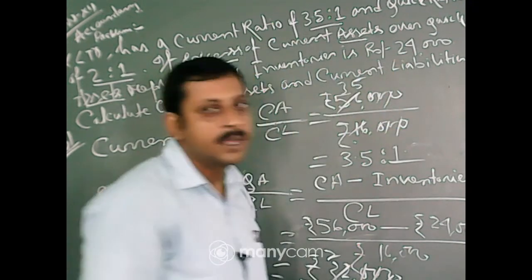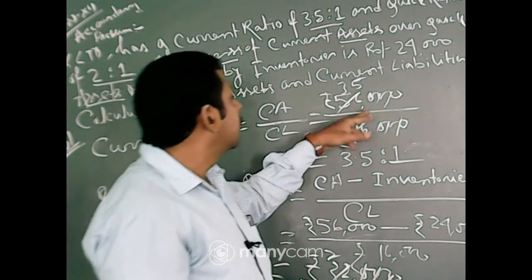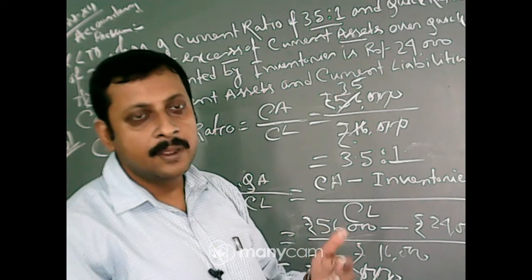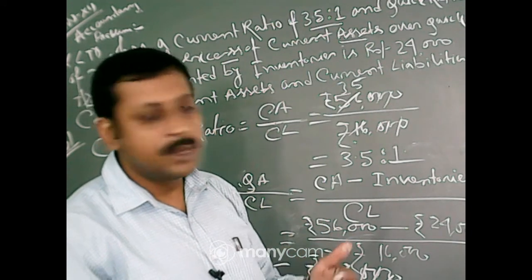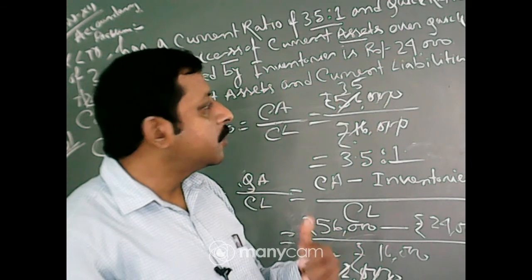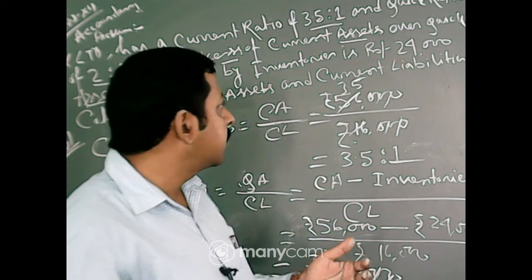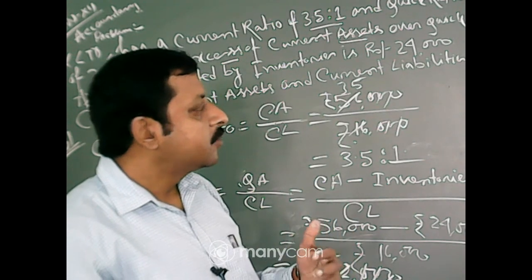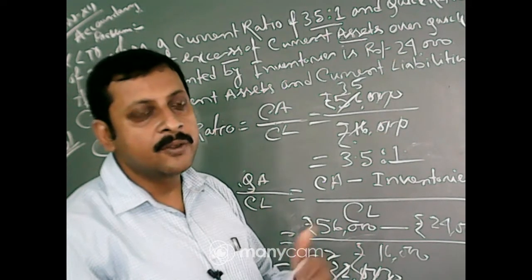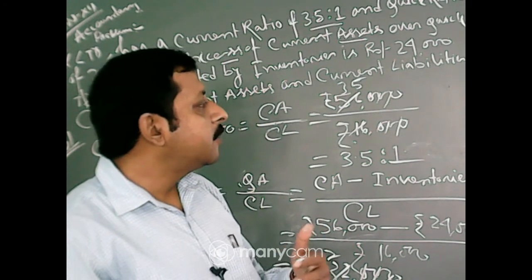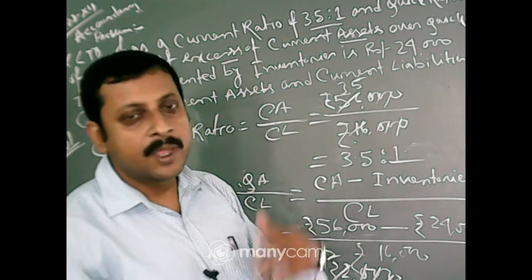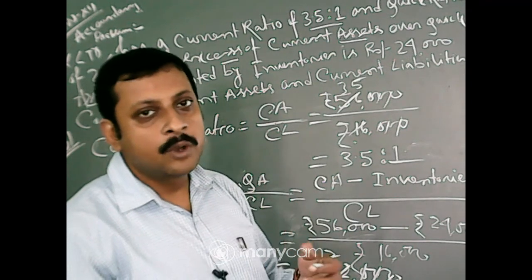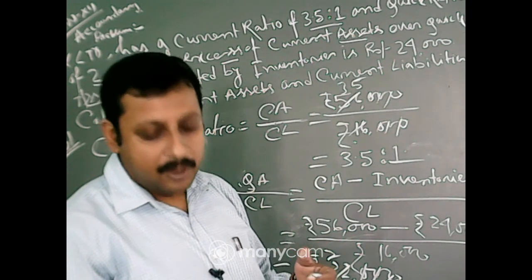This means your sales are not increasing, your turnover is not good, because most of the goods are still lying in your organization. So you have to take measures to sell the goods that are lying there, so that your production can increase. If production increases, your sales will increase, and in the market you have to make sales. If you sell more and more goods, your profit will be more and more, and that is the ultimate motive of a business organization, the profit motive.